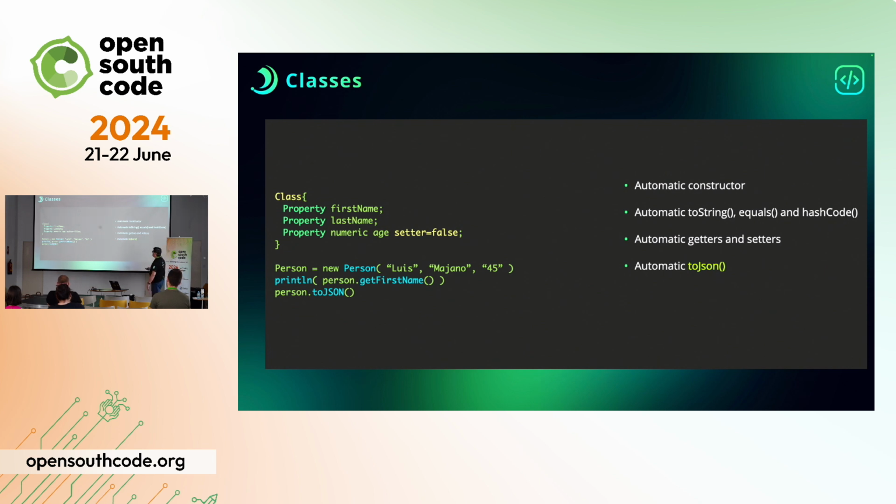And we give you one called toJSON, because every type can be converted to JSON. So right now, I can say, I want a new person with this information, and then print the first name, and then convert the person to JSON. That's all my code, right? And for JSON serialization, you have a lot of tooling. You can exclude properties, you can include properties, you can add your own mappers, a bunch of stuff. Okay? But the idea is that we wanted to make it fully functional and fluent.